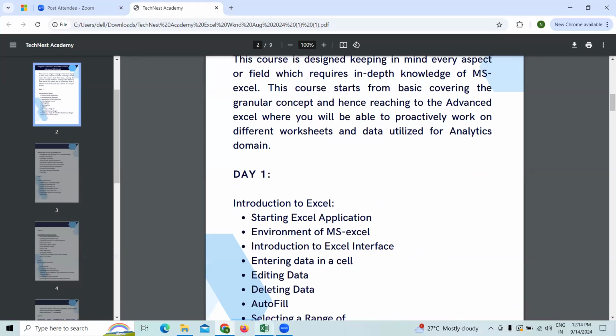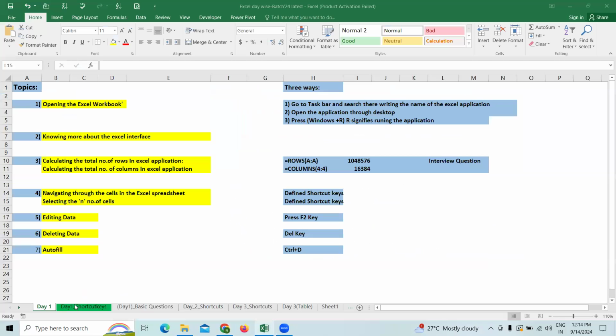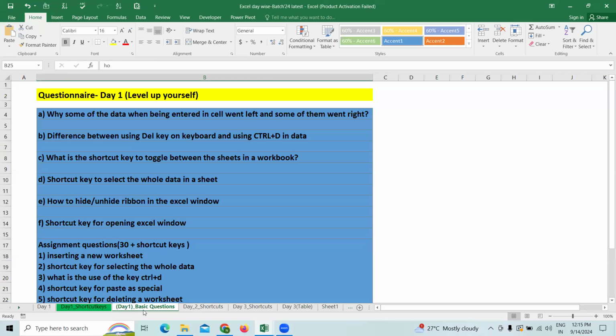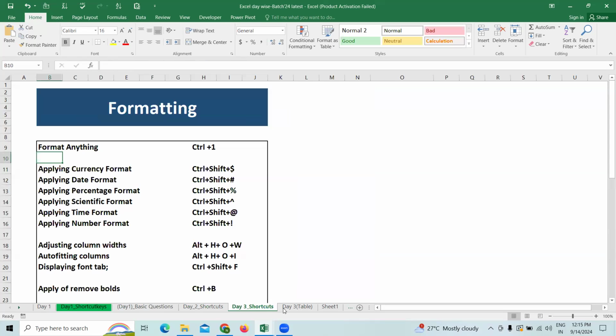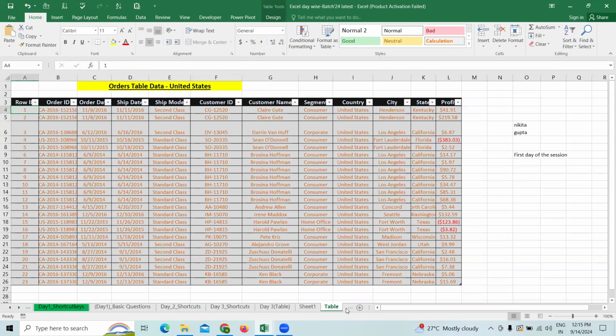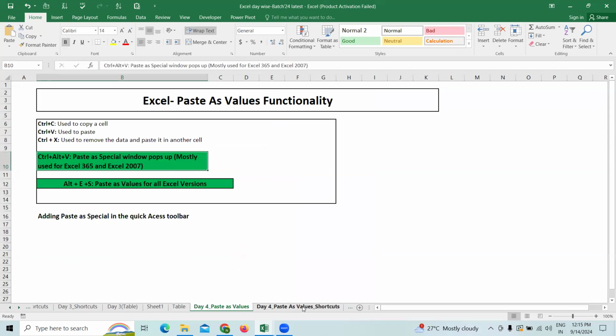So I have some content which I have already created, that would be day wise content, which I'm going to share with you day wise. So like on day one, I will be giving you some shortcuts. As you can see, there would be a basic questionnaire also, which I would be giving you so that you can practice how much you have mugged up till now. Then we have day two shortcuts. So day wise, everything would be shared. All the data sets would be shared and uploaded. Then we have these